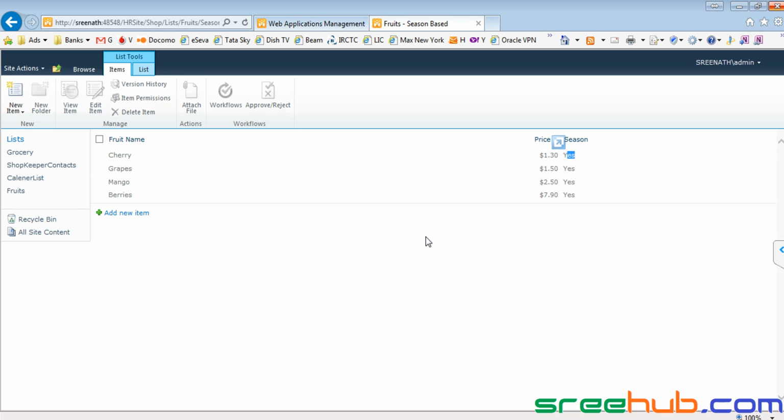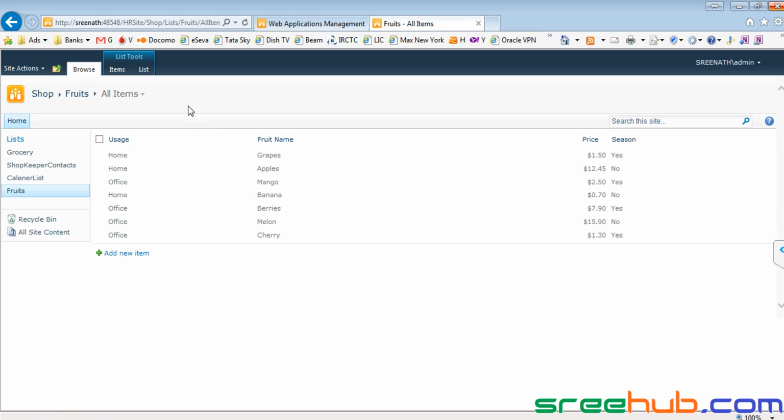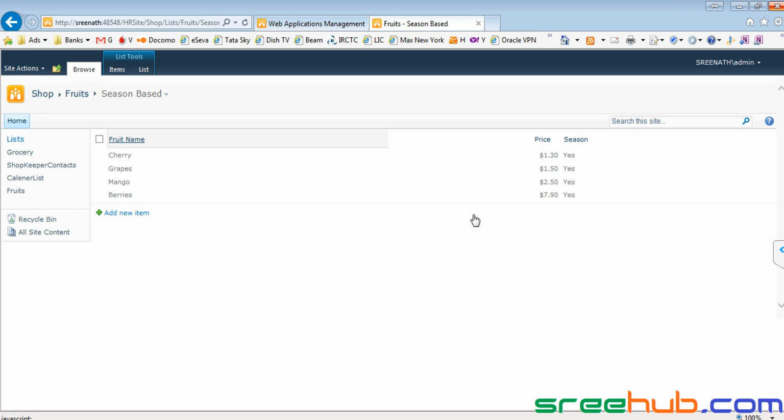And what we have seen till now is something called the standard view, which is a very important one. So that is the concept of view, where you can save here. And let us say you want to modify something in the same view. There is a season based view here, where I can see fruit name, price and season.